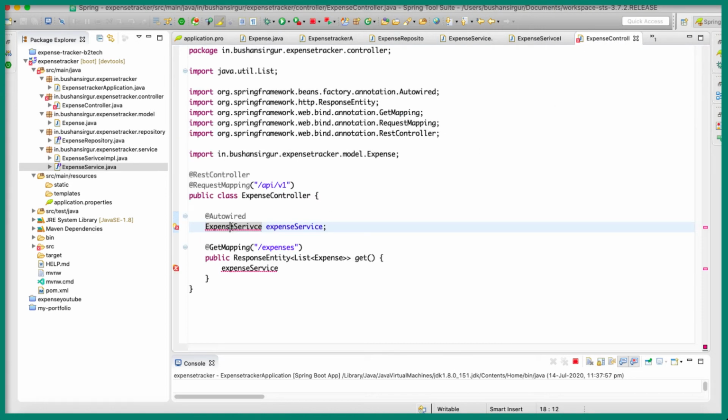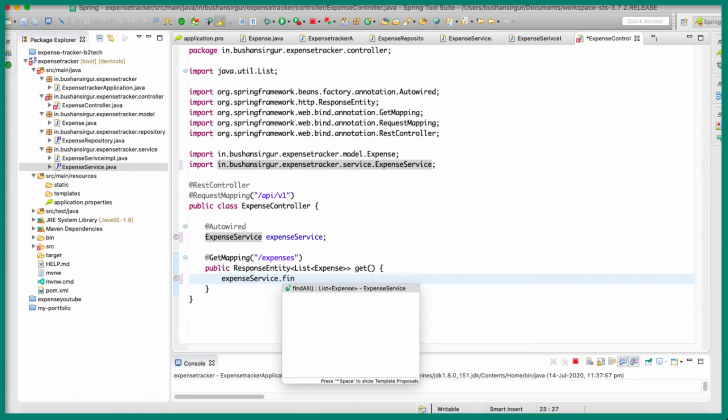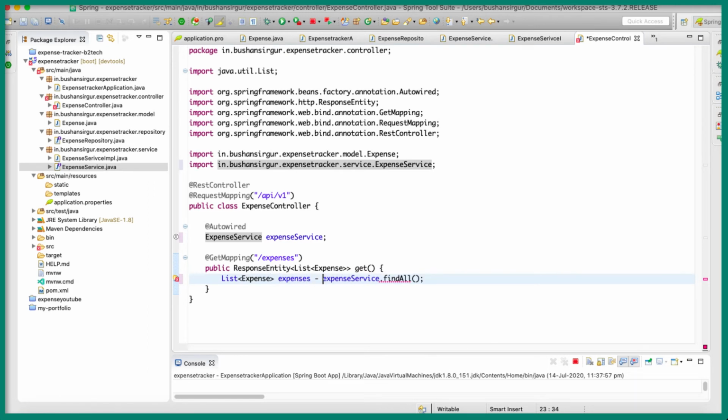Inside the controller, let's paste this and import it. Okay, I think I have mistyped it, that's why it is not importing it. Now it has been imported, ExpenseService. So let me call the method which is findAll. So this is going to give us the list of expenses. So I'm going to store that in a variable. I'm going to call this expenses.